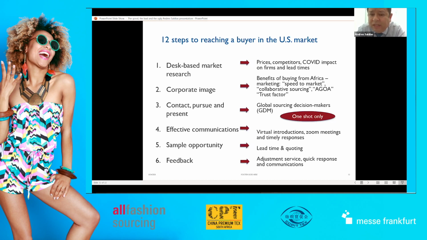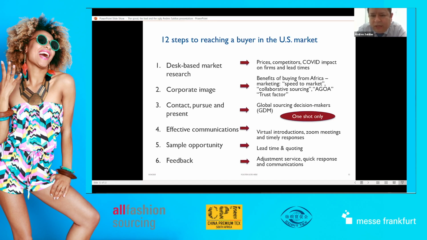Collaborative sourcing means understanding what the designers want, private label, and doing Gerber, pattern making, trying to find fabric alternatives, and sourcing global value chains and regional value chains and providers. Of course, AGOA is a factor, but it's not the only factor. This is just 17 to 32%, which is huge. But if you don't have the other factors, no matter how zero the import duty is, you won't make it. You have to have the entire concept in your criteria.